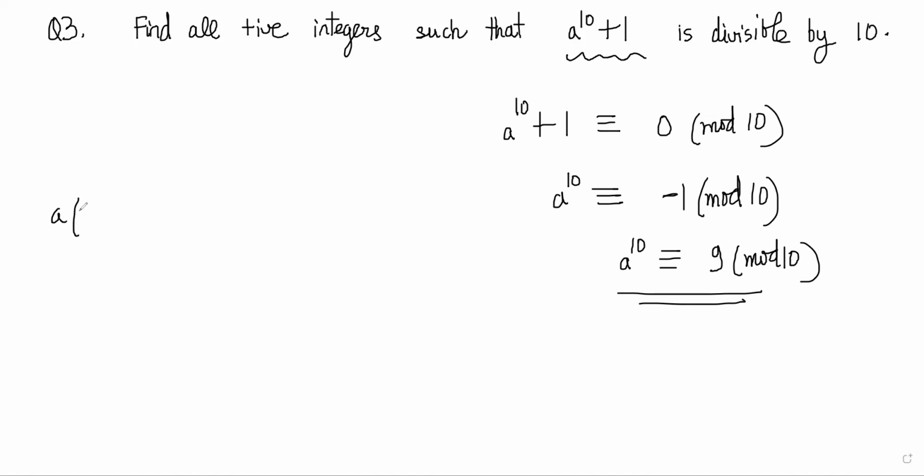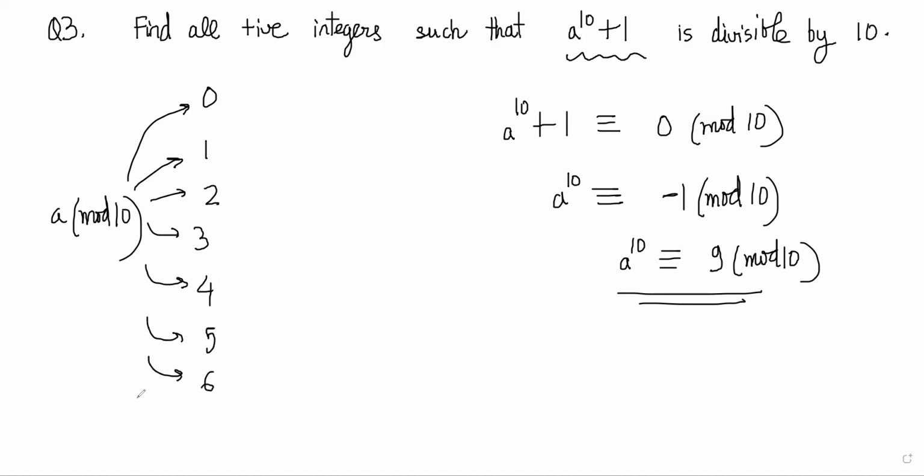Now think of a mod 10, you have actually 10 congruence classes, 0, 1, 2, 3, 4, 5, 6, 7, and you can also write 8 here, and there is a 9 also, right? So when you think of a mod 10, you have these 10 congruence classes. A mod 10 could be 0 mod 10, 1 mod 10 till 9 mod 10, right? Now, what happens when you take